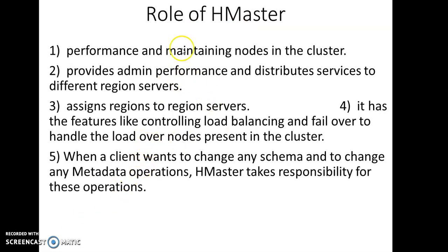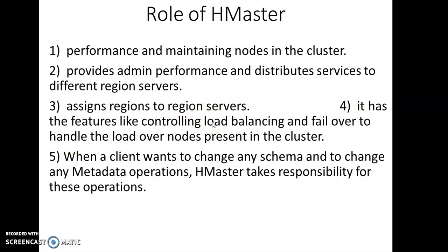The following are important roles performed by the HMaster in HBase. The first role is that it plays a vital role in terms of performance and maintaining nodes in the cluster. The next one is that it provides admin performance and distributes services to different region servers. Then it also assigns the regions to the region servers. The fourth role is that it has features like controlling load balancing.